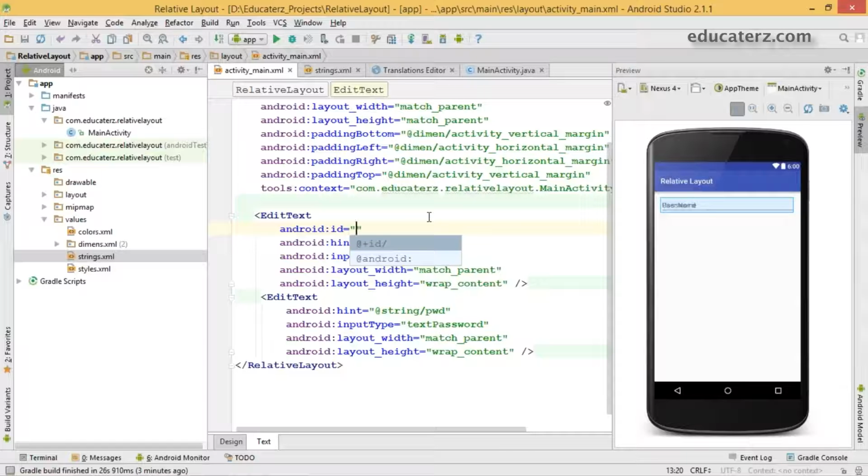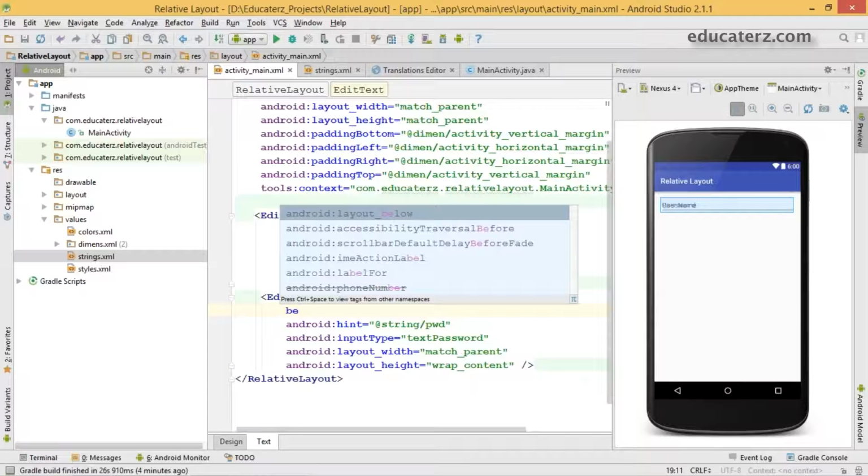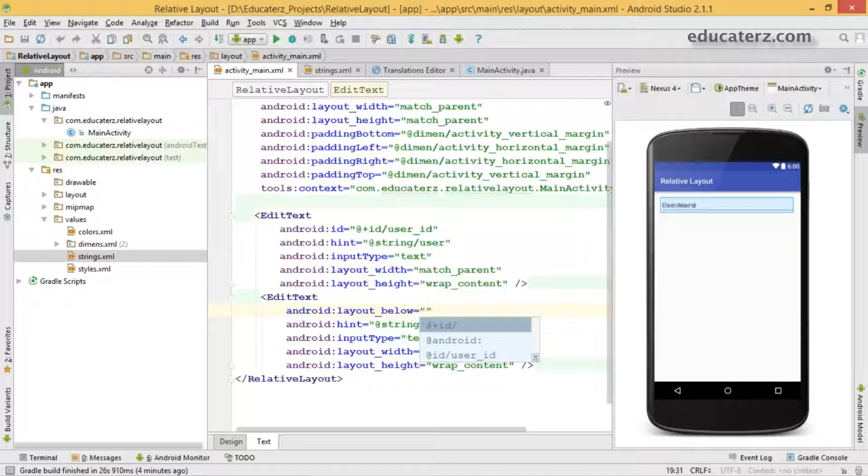So if you want to create an ID, the attribute is android:id. The at the rate plus stands for concatenation, so you are creating an ID for new. Just give this as user ID, user underscore ID, and now you are going to refer to this. This next edit text must be below that particular first one. So just simply layout below is your attribute, and refer.